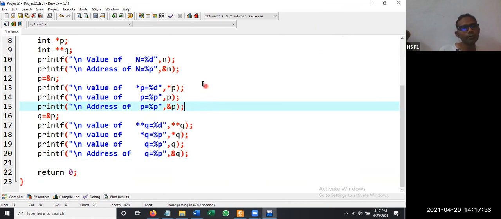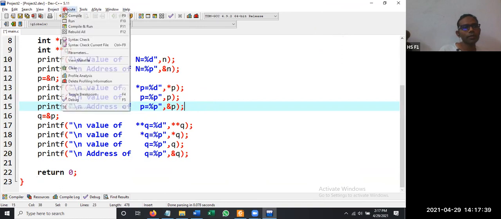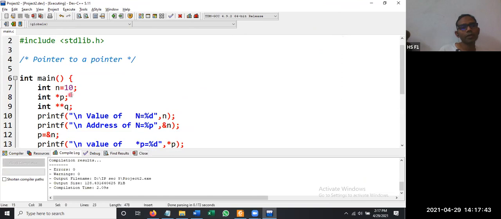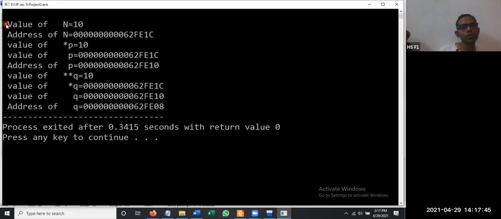Shall I execute the program? So compile and run. Already we have given n value as 10. See here, value of n is 10, value of star p is 10, value of star star q is 10. So all the three are pointing to the same memory location called n. p is pointing to n, and q is also pointing to n.